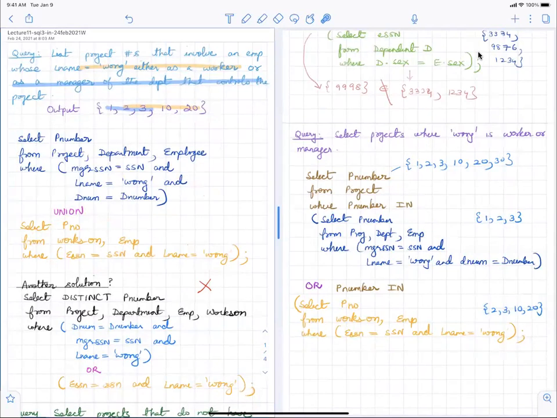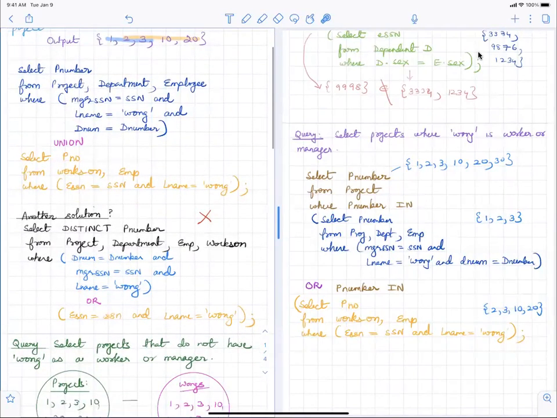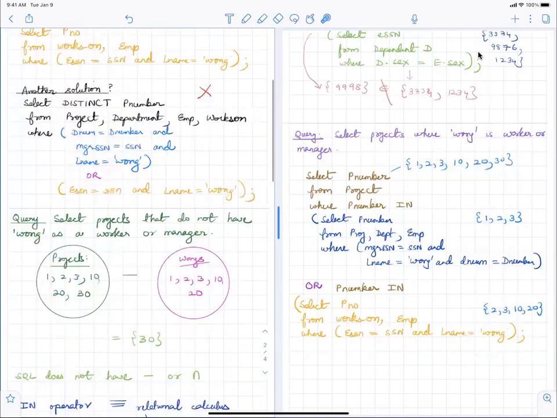So it doesn't really make sense to use the in. You could just do it using the union. You could also do it this way. I just wanted to show you how you can do it using the in operator. But another reason for showing it using the in operator is for the second query out here.